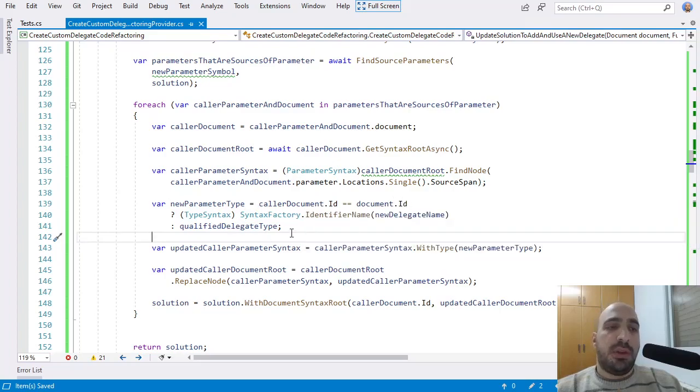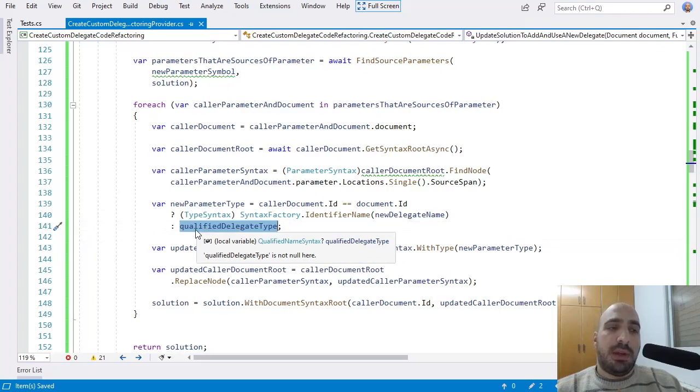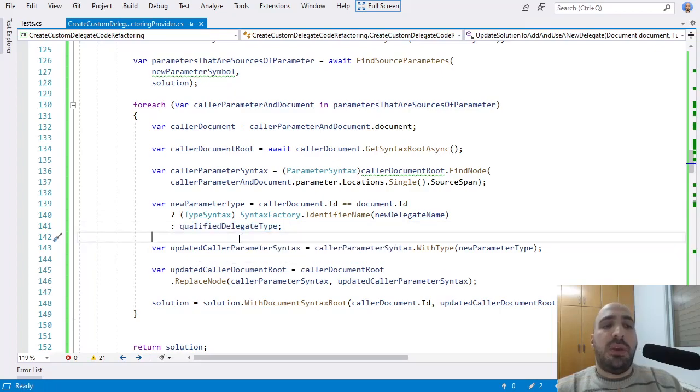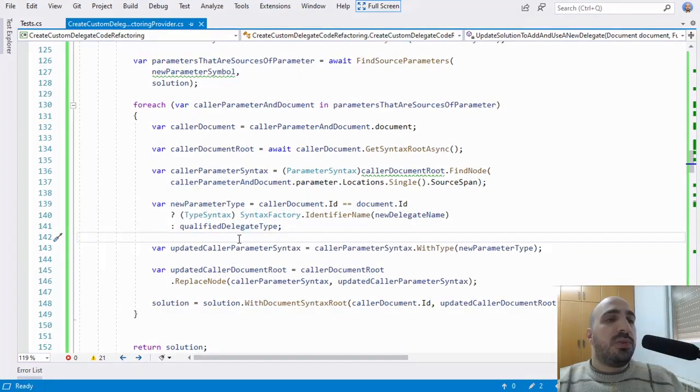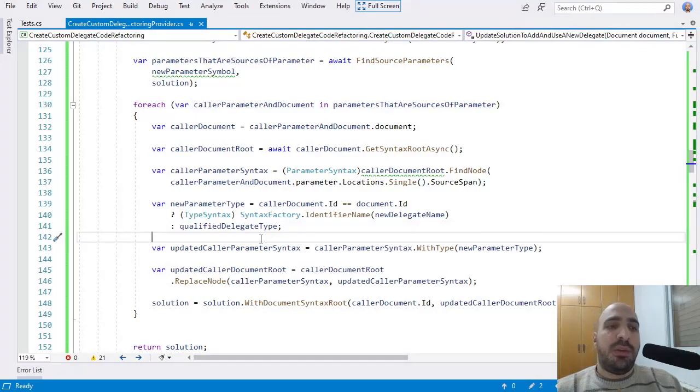If it is in the same document, we just use the delegate name as the type. Otherwise, we use the qualified delegate type, which includes the class name, right? And this code, by the way, is not reliable, because what if there's another caller in the same document but in a different class, right? But this will do for now to make the test pass.